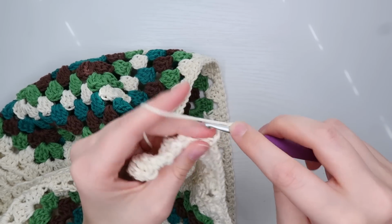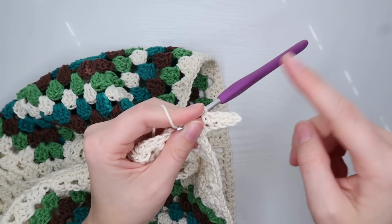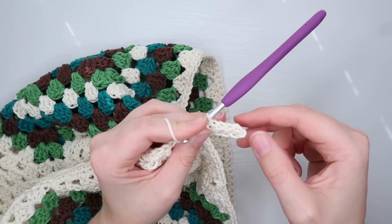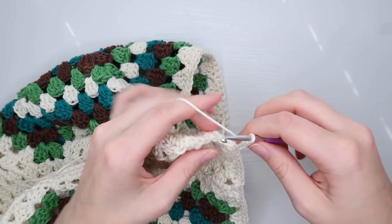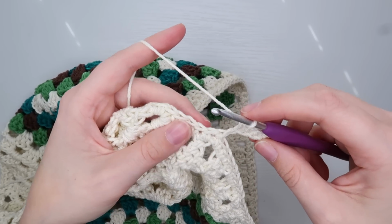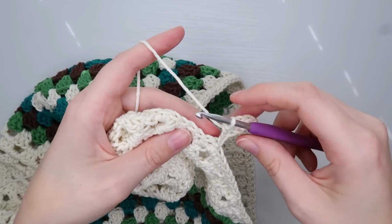I'm going to go all the way until I get to my last stitch. So I chained 6, skipped the first one, so I should have 5 single crochets. I've done 4, and right now I'm going to do number 5, which will be my last one. What we're going to do is in our last stitch, we're going to connect this to the bottom of our